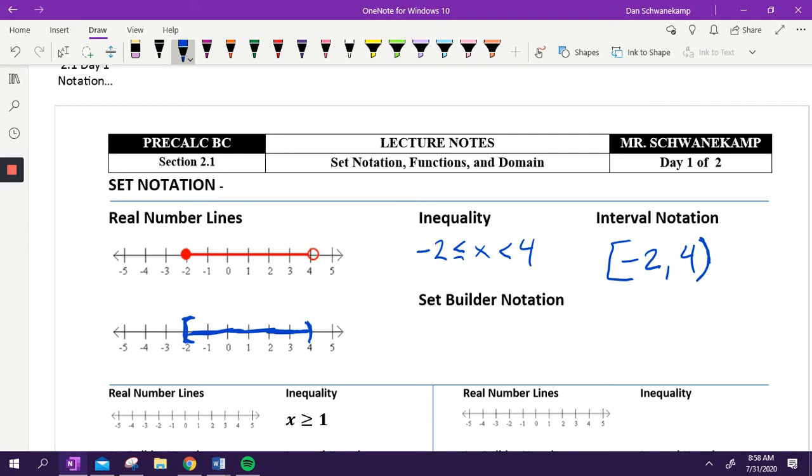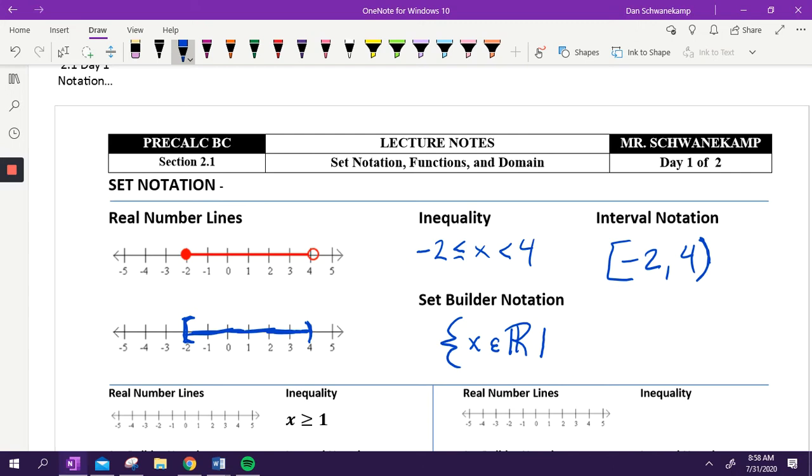Then we've got set builder notation. That's what we described before. Remember what we've got: this curly bracket here to represent a set of numbers. The first thing we have to do is describe which group of numbers it belongs in. So we're going to say our x value is going to be an element. The little e stands for element of. I really want all numbers. I'm not talking integers here. I'm talking -2, I'm talking -1.5, I'm talking 2/3, all of those numbers. So we're going to say x is an element of all real numbers,